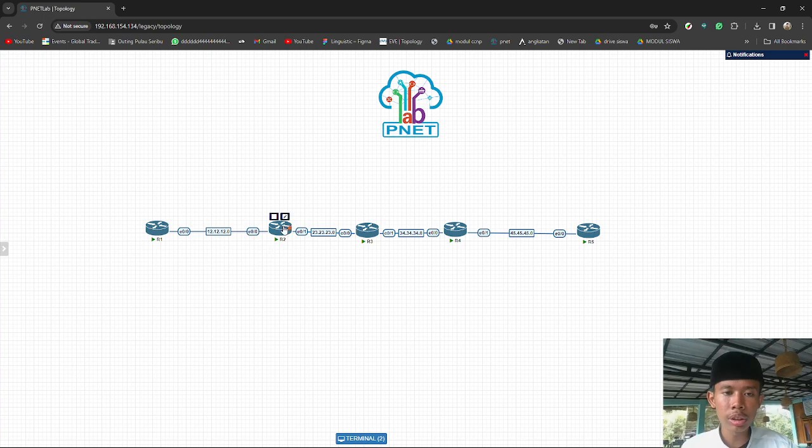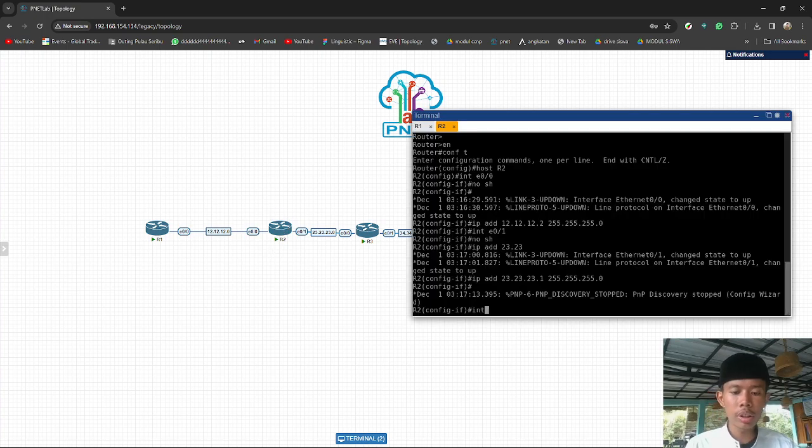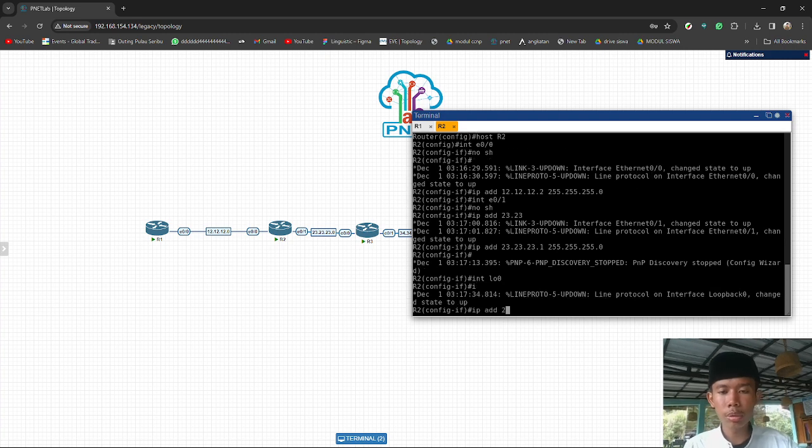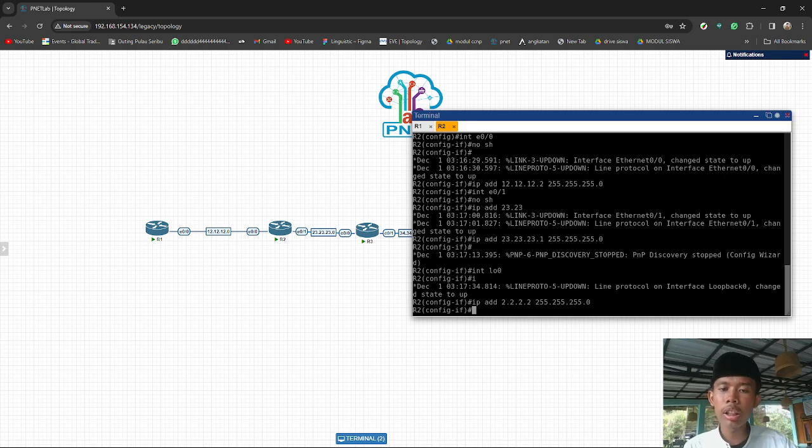Okay, let's continue. Interface loopback 0, I give the IP 2.2.2.2. And we will advertise all the networks that the second router has into EIGRP routing.